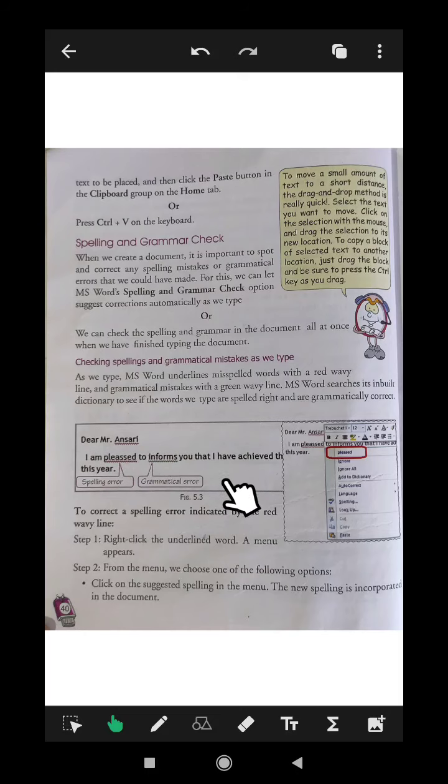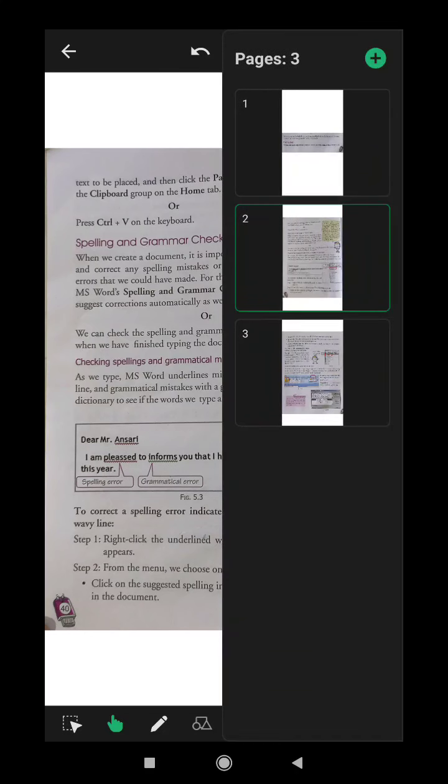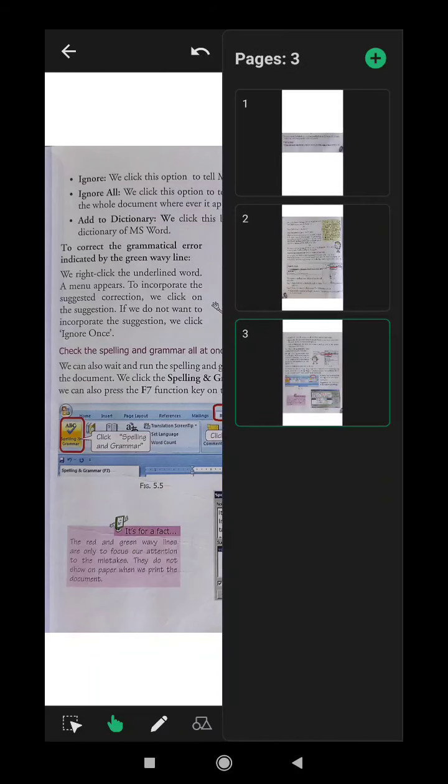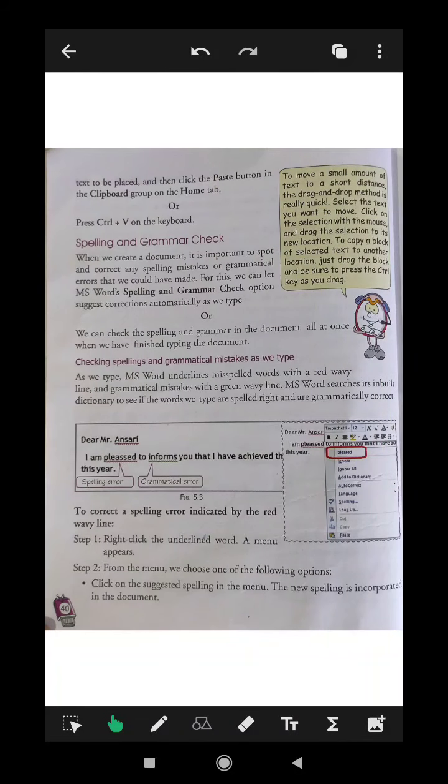The name Ansari is not in the English dictionary, so MS Word will point it out as a mistake and mark it with a red line. Here you can see Ignore. We can click this option to tell MS Word that our entry is fine and keep the original. You can also Ignore All. Add to Dictionary means this particular word Ansari will be added to your dictionary.